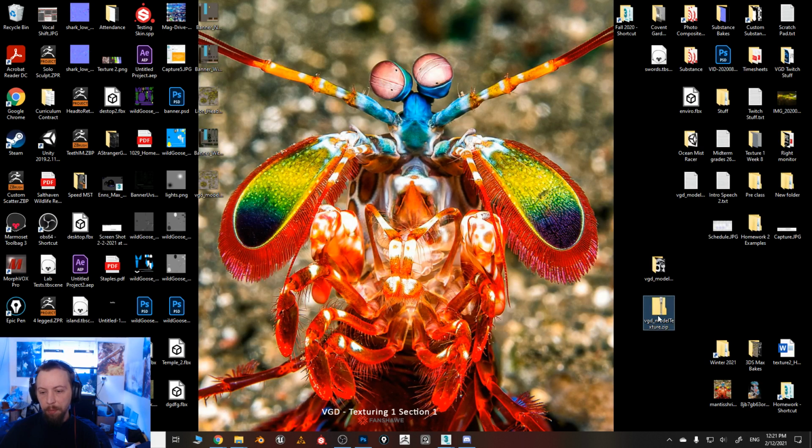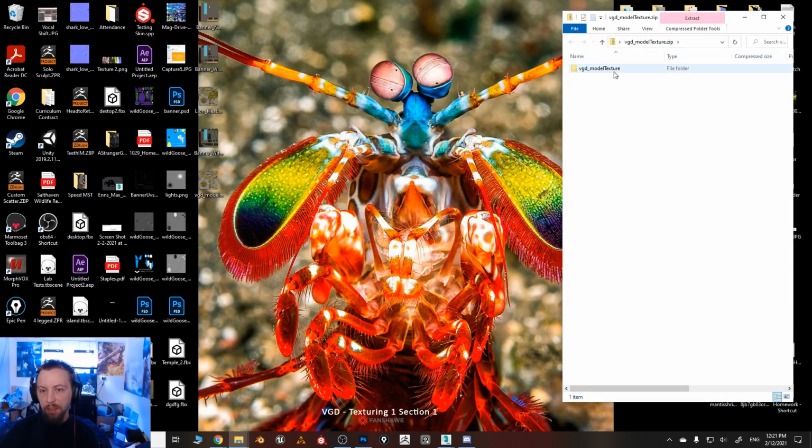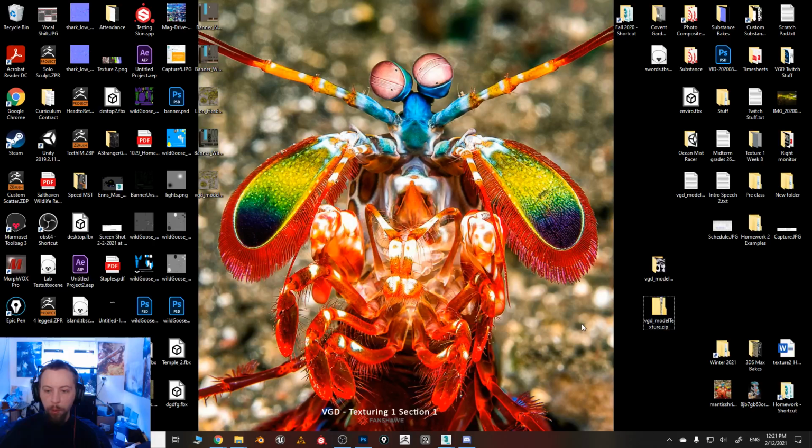I've got the zip. Inside the zip is the folder, and inside the folder is your actual files. So that when you guys are going to be working with, by the end of this term, one 3D file and then 6 texture files, it keeps things